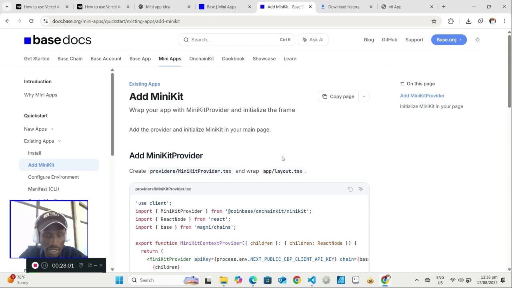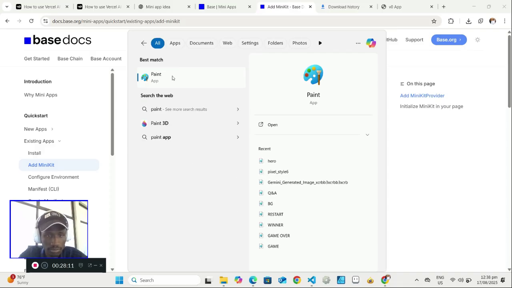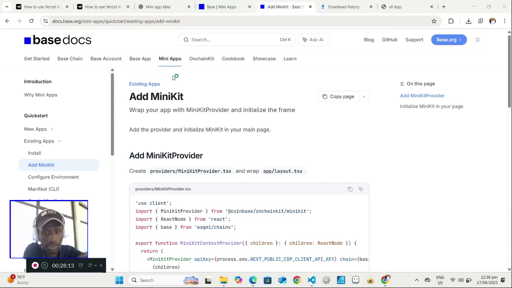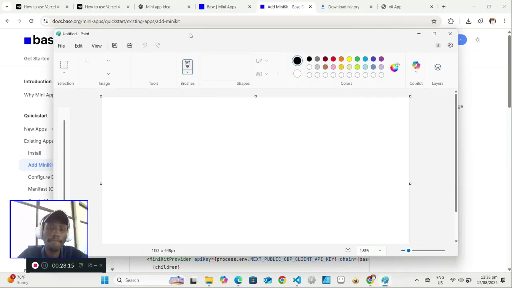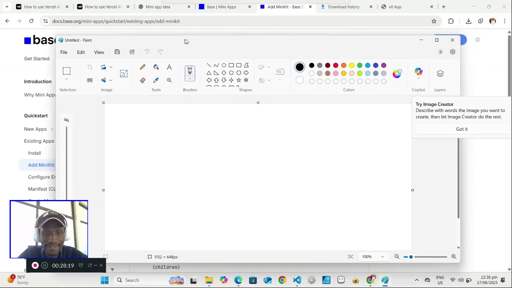Okay, so we need to wrap our app with the minikit provider. What is this talking about? I'm going to explain. Okay, let me explain this part. So what this basically is telling us is that